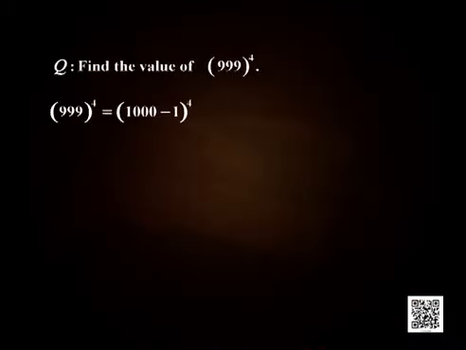So, let us start by rewriting 999 as 1000 minus 1 and see what 999 raised to the power 4 would start looking like. So, rewriting 999 to the power 4 as (1000 minus 1) whole raised to power 4